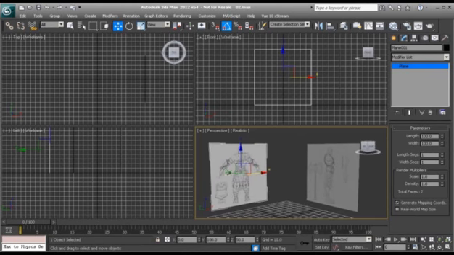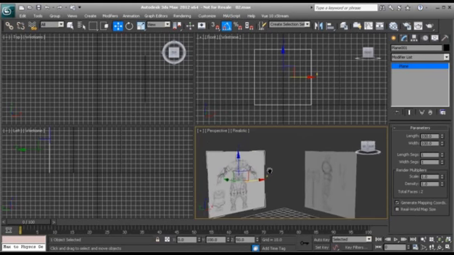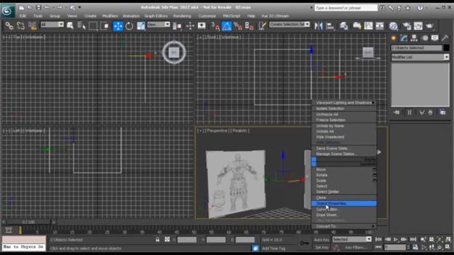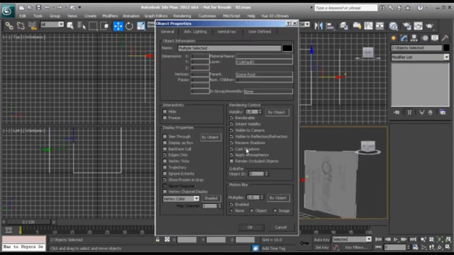Now let's go ahead and actually freeze these pieces of geometry. So select both of those. You want to right click and go to Object Properties. Now inside of our Object Properties